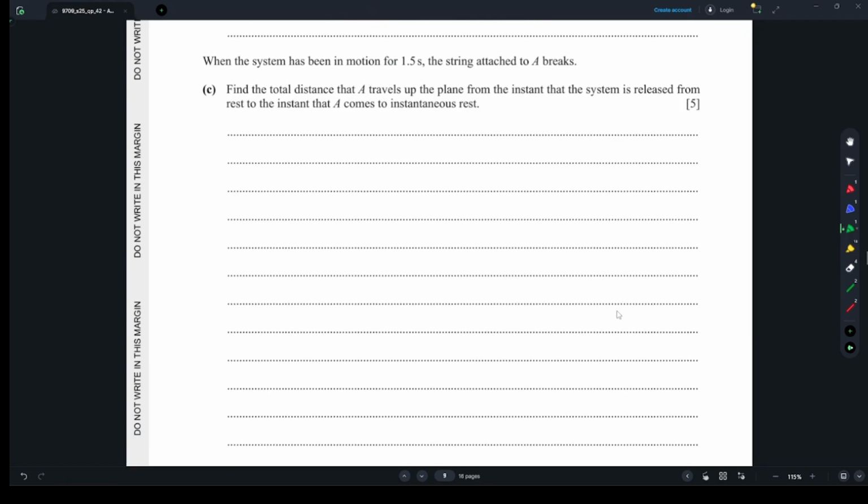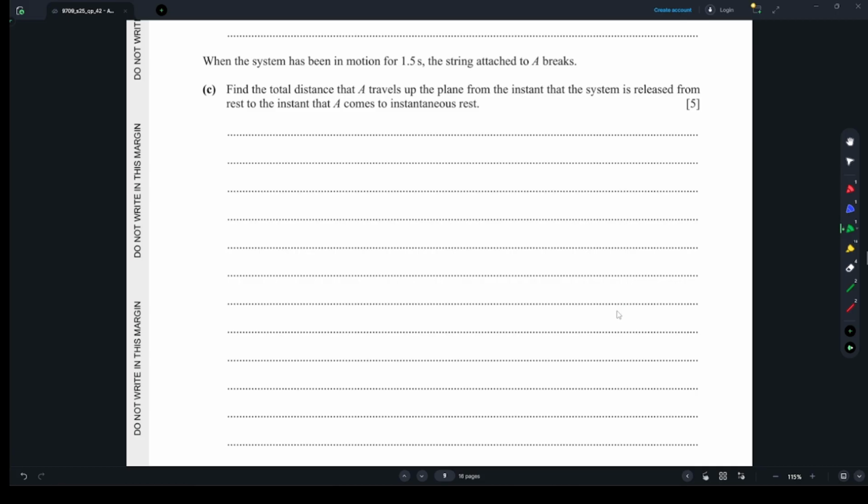Okay, what else? When the system has been in motion for 1.5 seconds, the string attached to A breaks. Then find the total distance that A travels up the plane from the instant that the system is released from rest to the instant that A comes to instantaneous rest. Okay, right. So now, under this case,